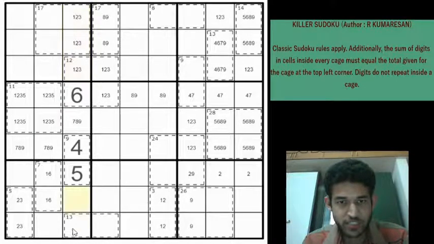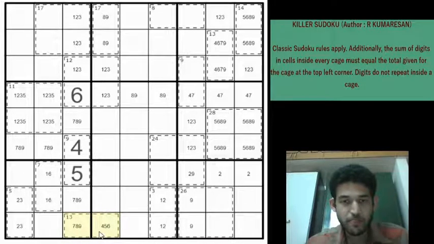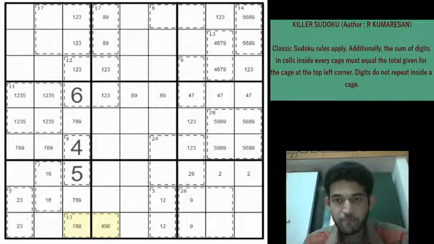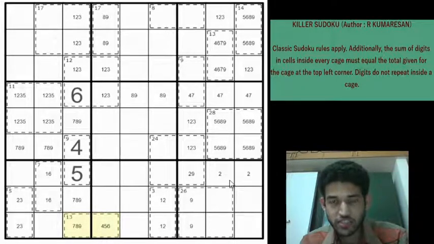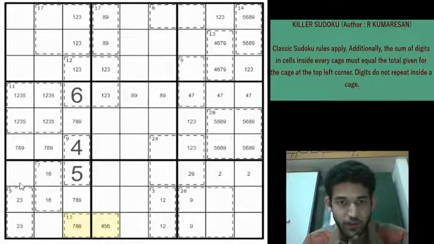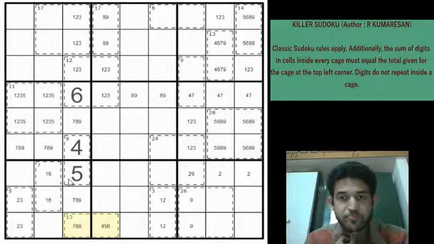And now these two cells must be 7, 8 or 9, right? Because 4, 5, 6, 1, 2, 3 have been locked. So these two cells must be 7, 8, 9. And for the 13th case, this is going to be 6, a 5 or a 4 to satisfy the 13 total. Right? So let us look for some more information elsewhere because we have almost filled the cages here.